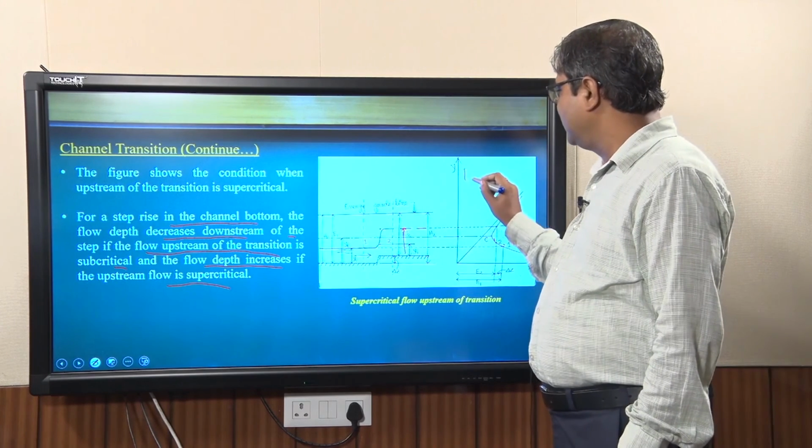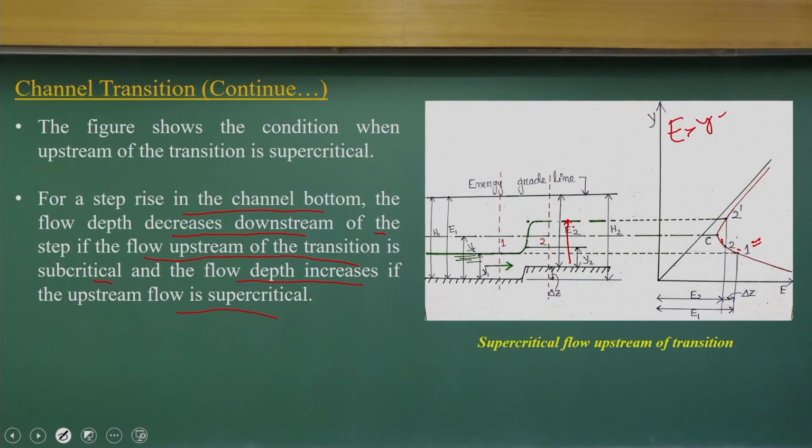So specific energy has the flow depth and the velocity head. Because the flow changes from subcritical to supercritical, in the case of subcritical flow the rise of the bed has a different effect compared to supercritical flow, where the same rise can have a different effect in terms of flow depth increase or velocity increase. All these interpretations you can do with this specific energy curve analysis.